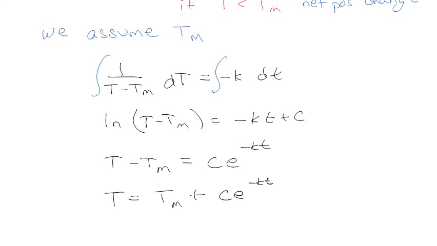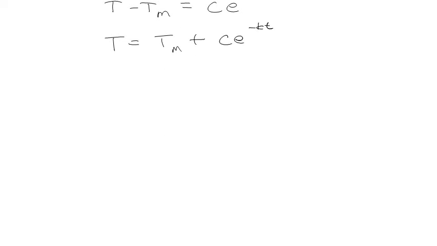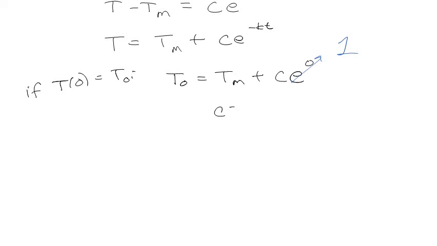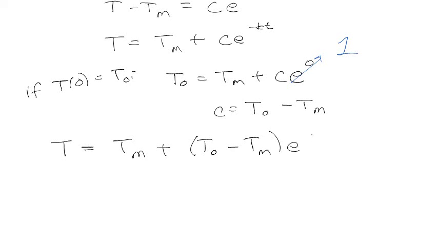Now we're going to do something amazing. It's only amazing if you watched any of the other videos, or maybe it's amazing anyway. So if we assume that at time 0 we have an initial temperature T naught, then that means at t naught, T equals Tm plus C e to the 0, which is just 1. So C is equal to T naught minus Tm. So the temperature at any given time is equal to Tm plus (T naught minus Tm) e to the minus